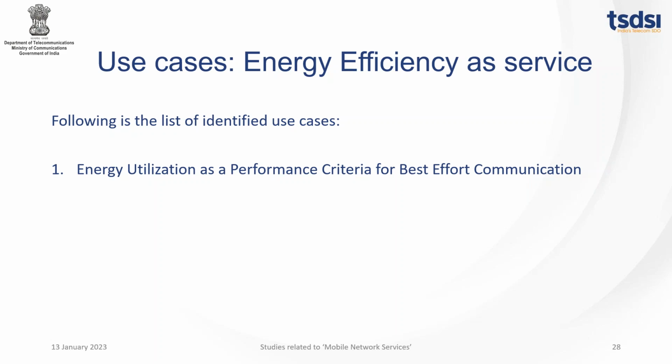is, for example, that there would be a collection of IoT devices, right? And if these are all transmitting some reading, some data in the uplink, and based on the coverage of the network, at some point in time, for example, if they are moving across and they reach a region where the coverage is poor, then they would have to churn out more uplink power to be able to communicate the data to the network. Now at this point in time, it's IoT data and it's not latency critical, so you can trade off the latency with power, and the network can ask the device to stay put for a while till they reach back a good coverage area where the transmission can happen